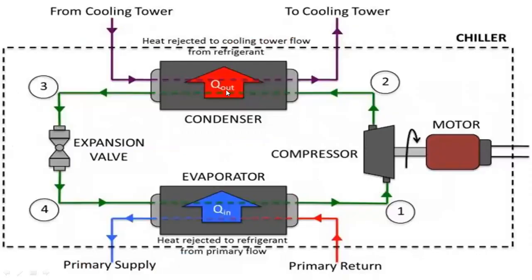Here is another diagram, where we have an evaporator, and the primary return rejects its heat to the refrigerant from the primary flow, where it absorbs the heat. Your compressor does the same thing: it sucks the refrigerant from the evaporator, thereby lowering the pressure inside the evaporator so the refrigerant evaporates at low pressure. Then it pumps it here, and the compressor motor plays a very important prime mover role. At the condenser, you get water from the cooling tower and again take out the heat, then send the refrigerant back through the expansion valve. This is a very important chiller operation.